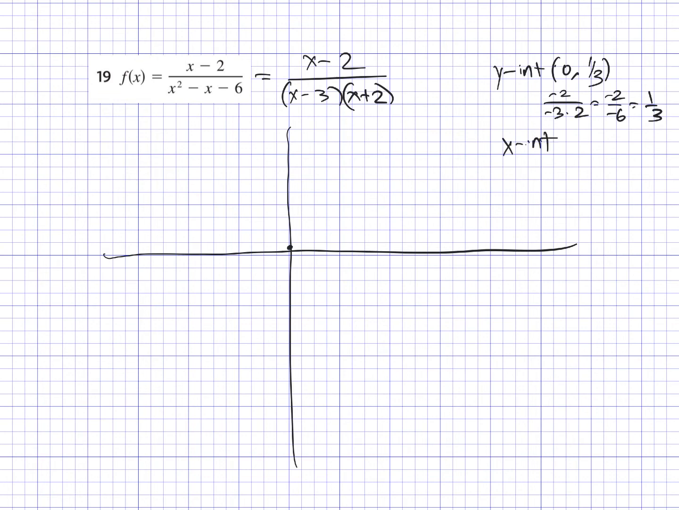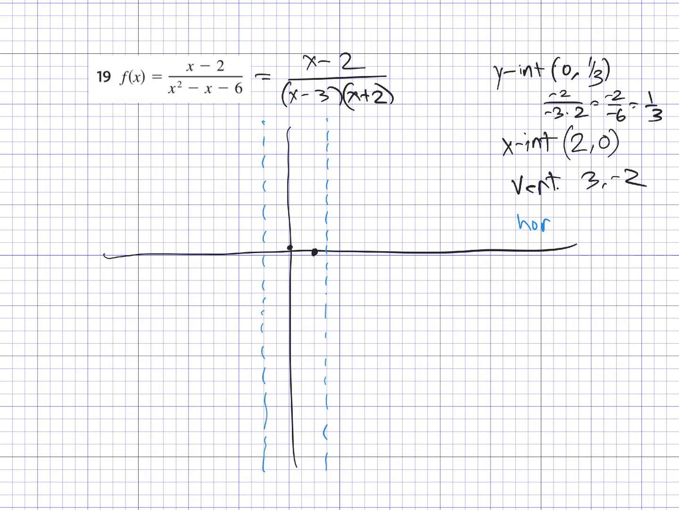X-intercept is when y is 0, meaning when your numerator is 0, so that's at 2. When x is 2, you get 0 in your numerator. Okay, and now we do vertical asymptotes. That'd be your denominator zeros at 3 and negative 2. So at 3 and negative 2, those are your vertical asymptotes. And then the horizontal asymptote,